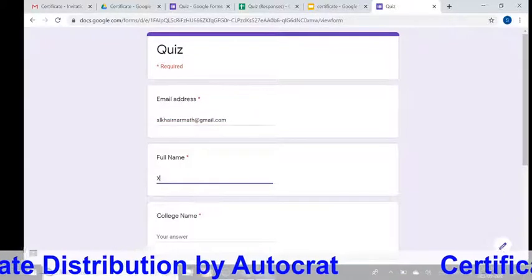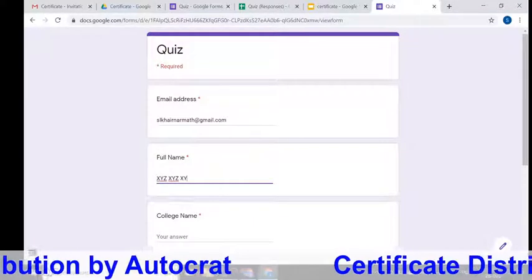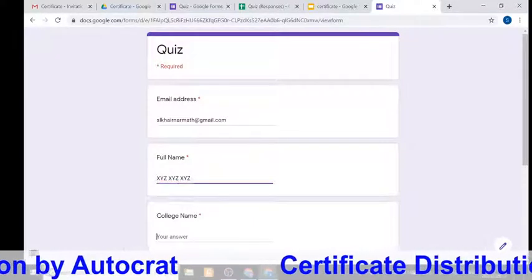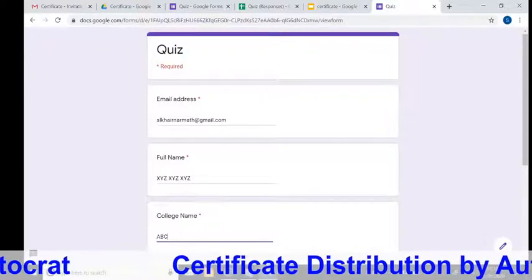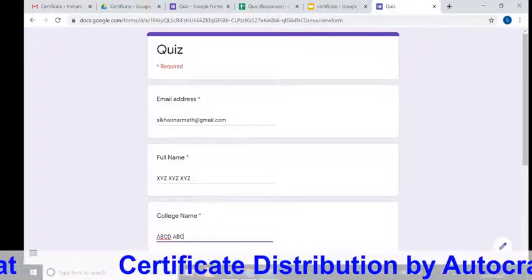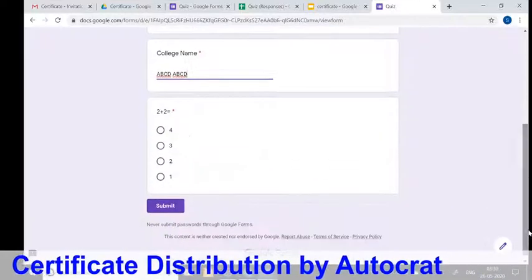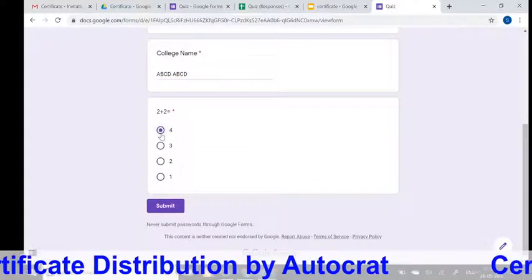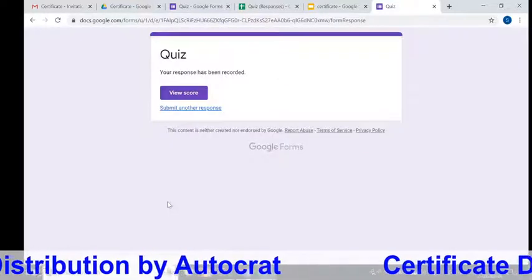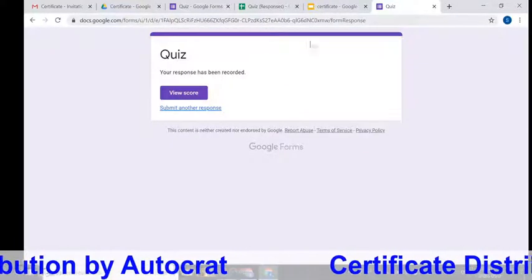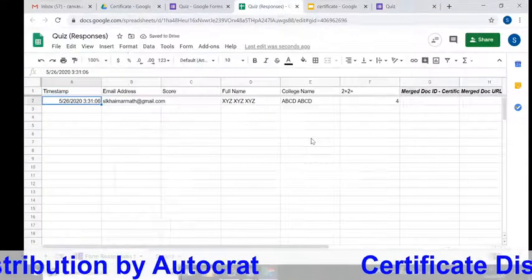Full name XYZ XYZ XYZ. College name ABCD. 2 plus 2 is 4. Now here there is no criteria for passing. So just click submit.